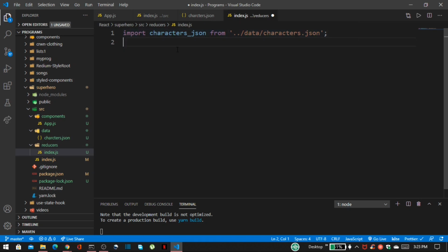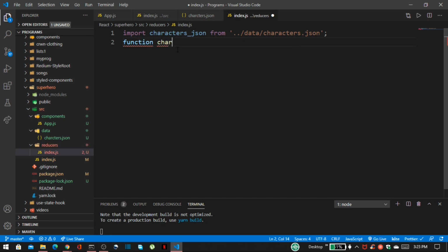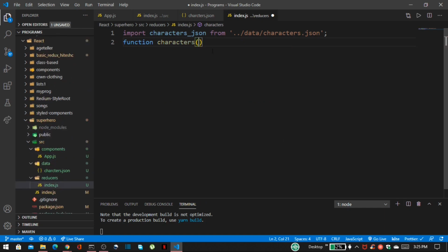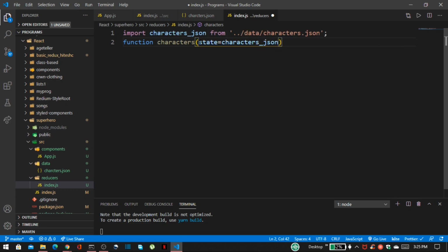After that, let us create a function named characters. We have to pass state and action inside reducers, so our state is this characters.json file, and here we have to pass action.